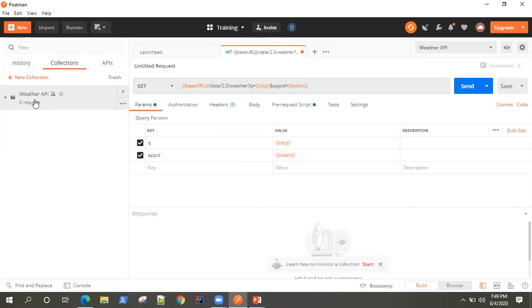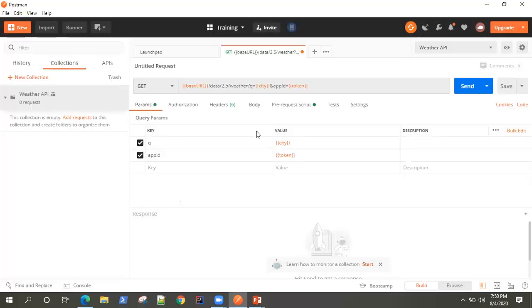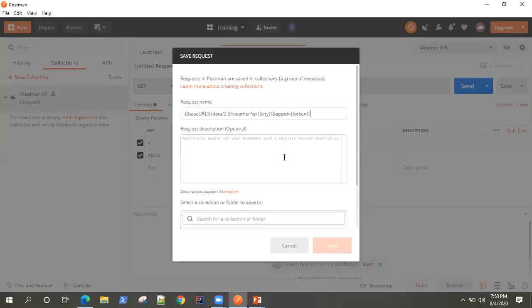As you can see, it looks pretty similar to a folder. Now, this collection is empty. A collection is a group of requests, so whatever requests you have, you can group them into a collection or place them in a collection. Now, we already had a GET request created here, so it's part of no collection. If you want to save this into a particular collection, just go to Save and click on Save As,